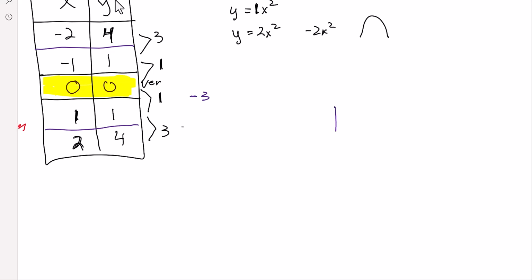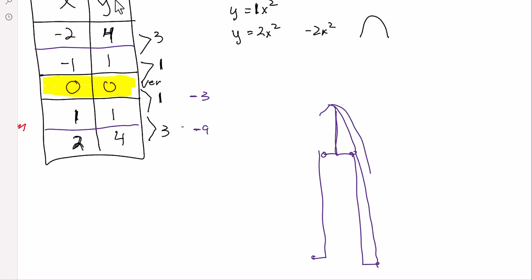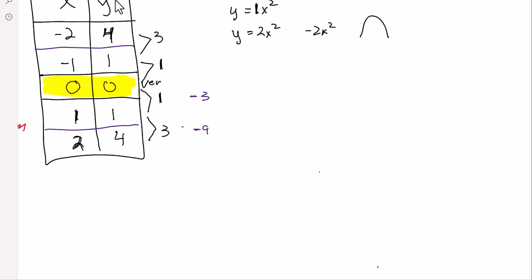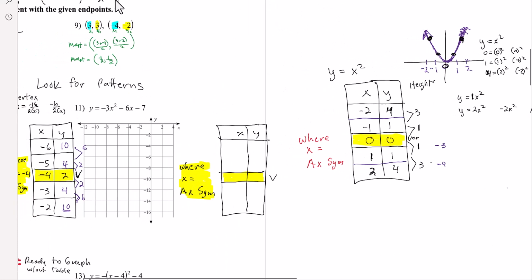So we're going to go down 3 over 1, down 3 back 1. And then negative 3 times 3 is negative 9. And then from this point and this point, we're going to go down 9 over 1. So that quadratic is going to look something like that. All right, so without even using a table of values this time, the only thing we have